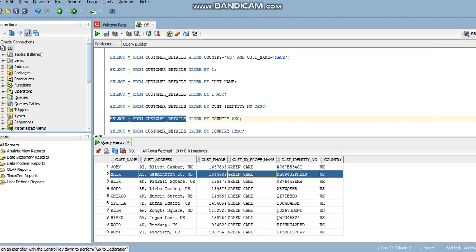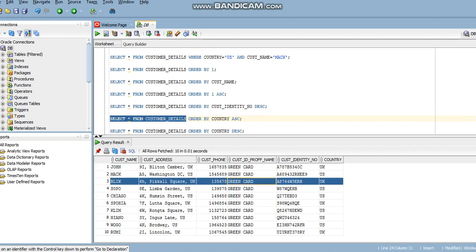In the next row, the customer belongs to US. In the next, again UK customer data is present. If we want to rearrange the data so that all the customers who belong to UK are present first, and then all the customers who belong to US are reflected in our output, what do we have to do?